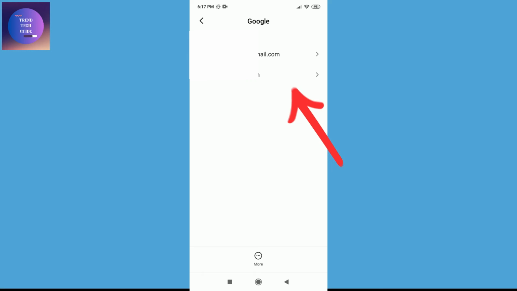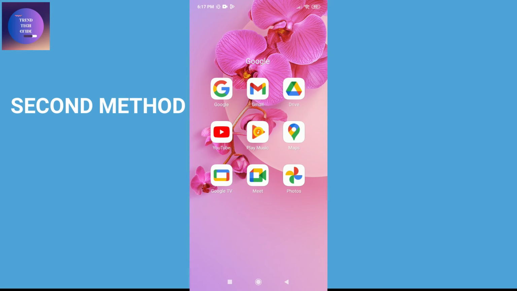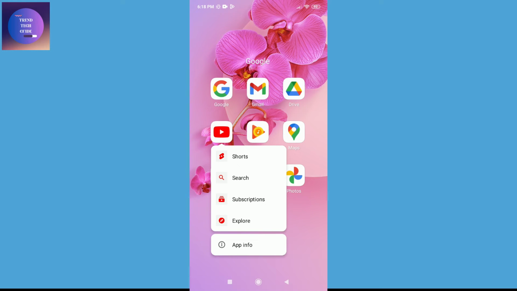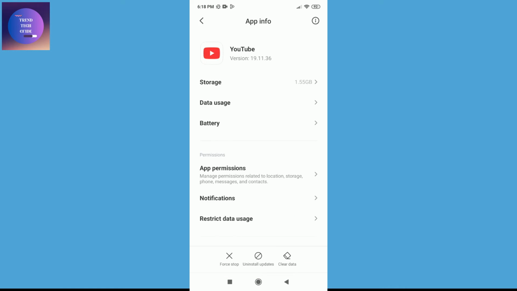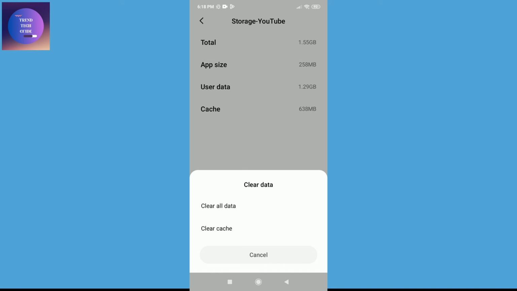Now if this method doesn't work, let's head on to the second method. For that, just tap for a while on this YouTube and over here go to this app info. Now you can find over here this storage. Tap on it. You can see total, app size, user data and cache. Now you can see here is total of 1.55 GB used. On the bottom side you can find this clear data and tap on this clear all data and tap on